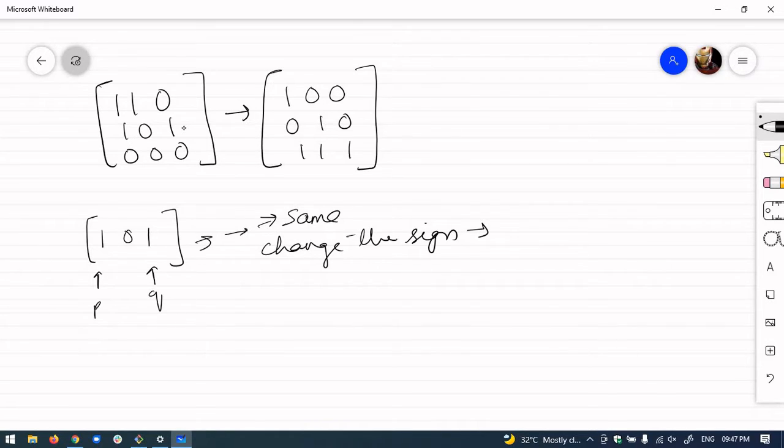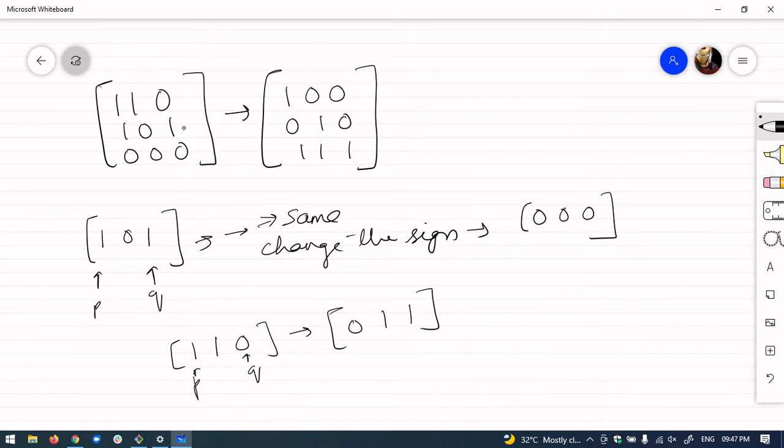That is equal to 0 0 0. That's it. And suppose there is a difference in the bits, let's say like this: if we flip, it becomes 0 1 1, and again we invert the bits, so it becomes 1 0 0.